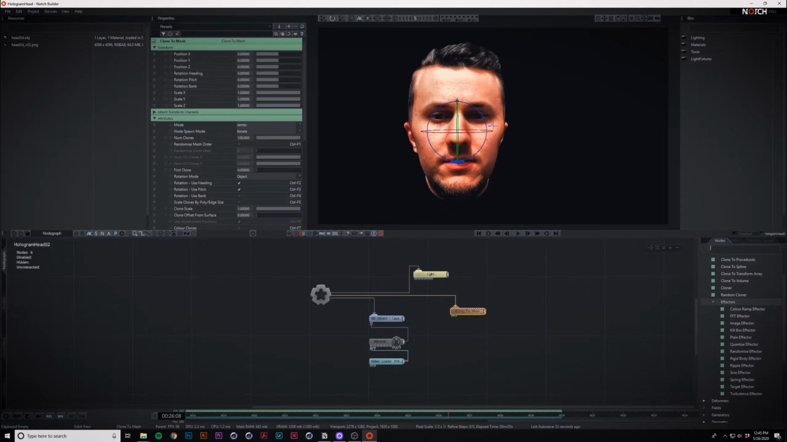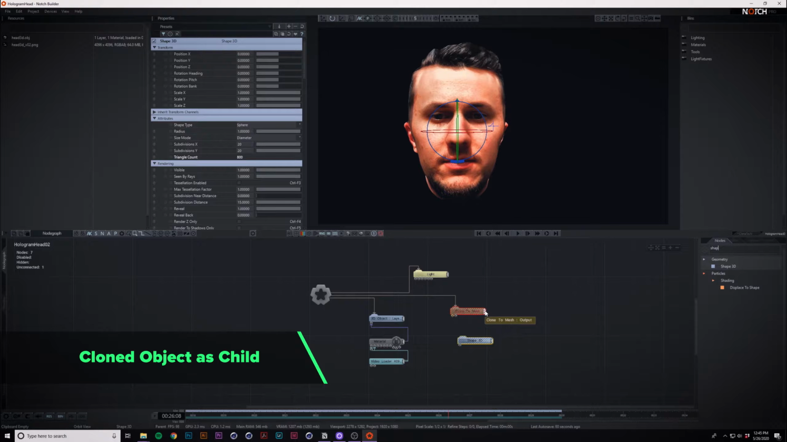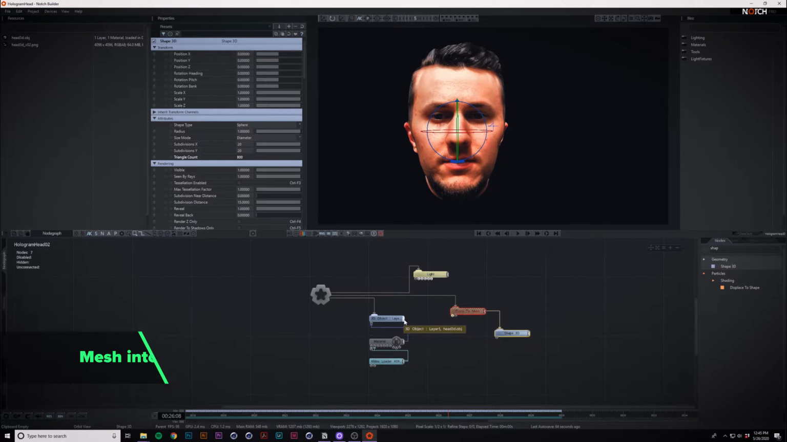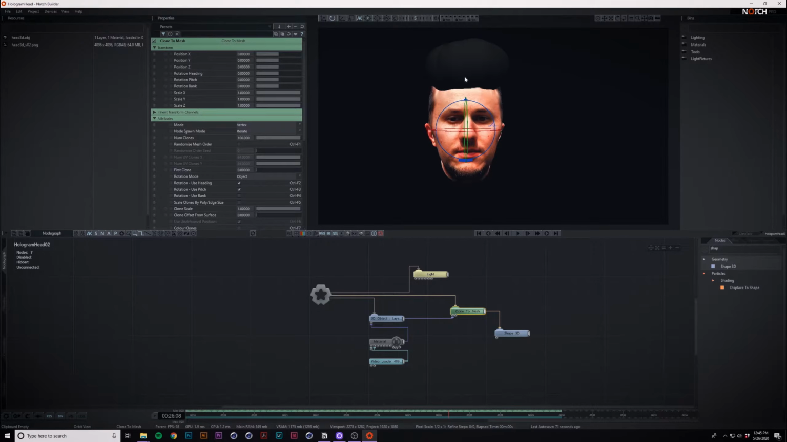So let's set that up. I got the Clone to Mesh. I'm going to need a shape 3D. Make that a child and pipe our mesh into the object. Cool. And you can see we have some spheres cloning to the top of my head here, which looks kind of stupid. So we're just going to bring the scale down quite a bit,